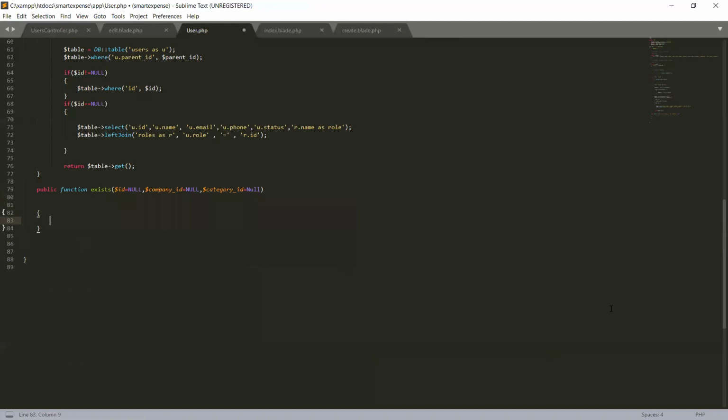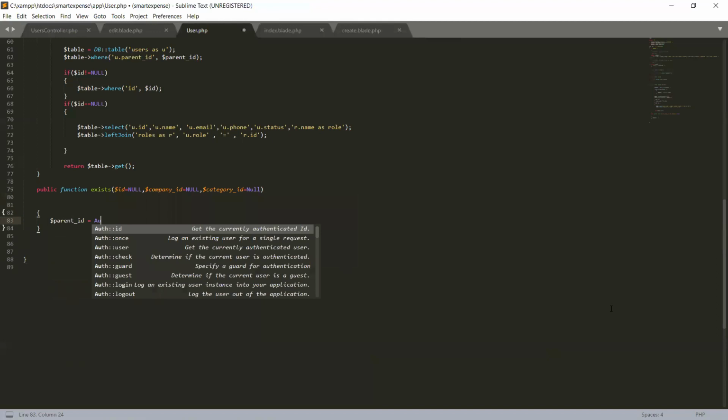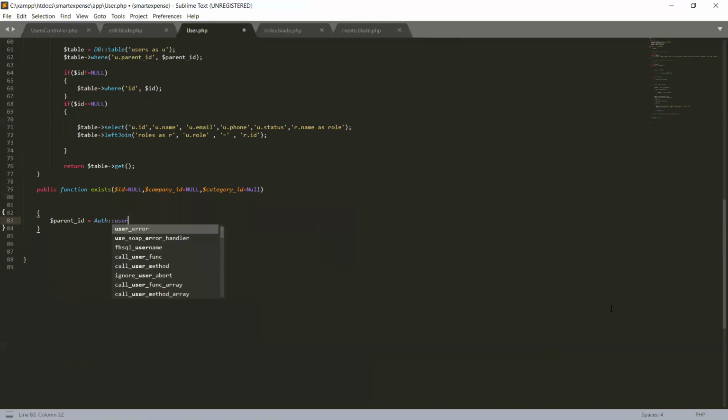So we will set the parent ID. Parent ID will be the auth user parent ID.